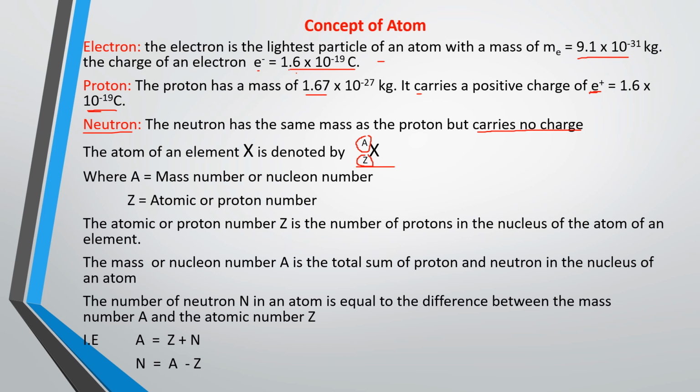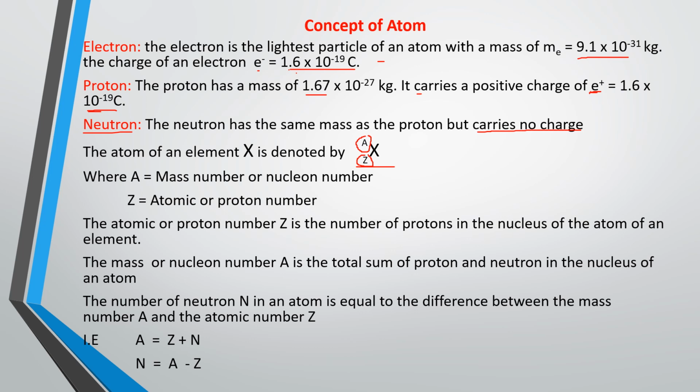A is the atomic mass or nuclear number or mass number, while Z is the atomic number or proton number. Okay, so the atomic or proton number Z is the number of protons in the nucleus of the atom of an element,